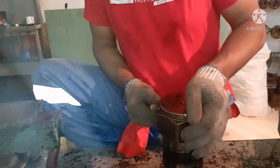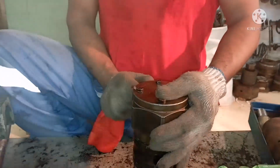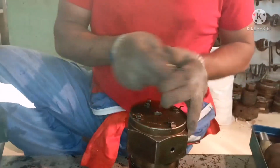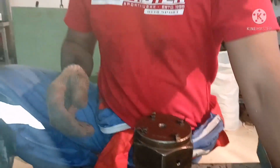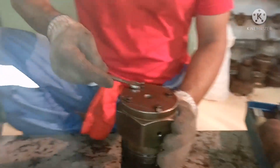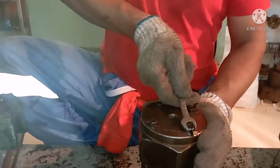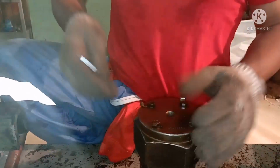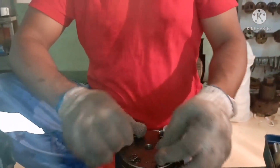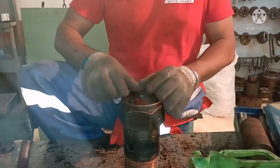Before dismantling, we have to remove the lock of the top cover bolt. So this is your lock. Just open the lock, and you have to open the bolt. As I say, always use the proper spanner, proper tool, to do any kind of maintenance on any machine. Now we have to open the top cover of